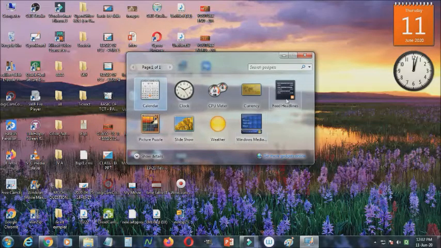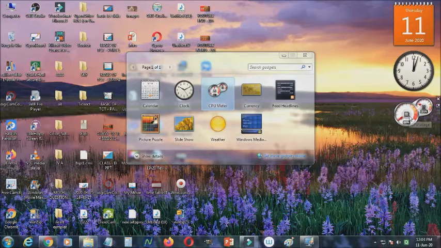So these are the options available in gadgets. When I click it, the date and time are already added on my desktop. So through this we can easily find out. For example, if you want to add the CPU meter gadget to the desktop, just click the CPU meter. It will appear on the desktop.